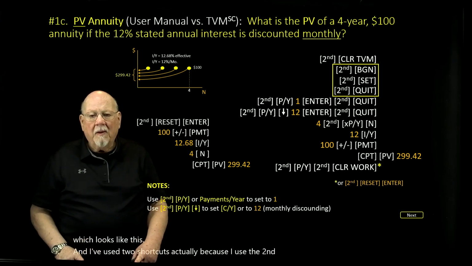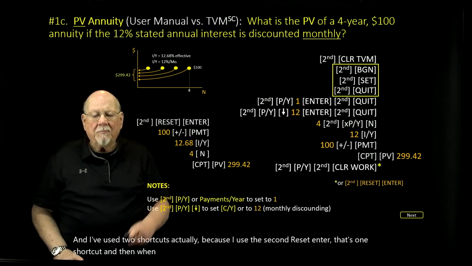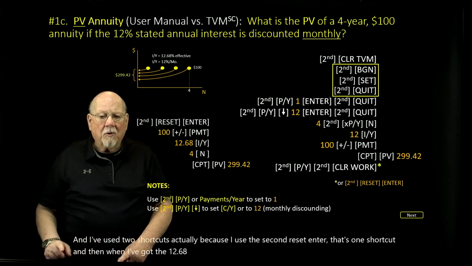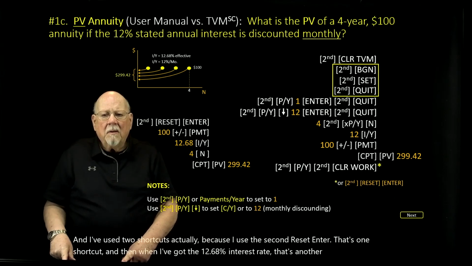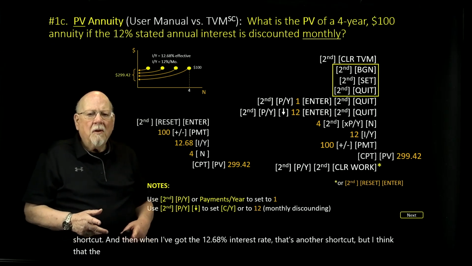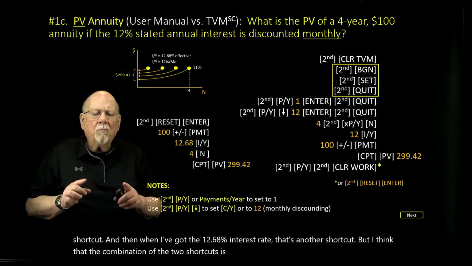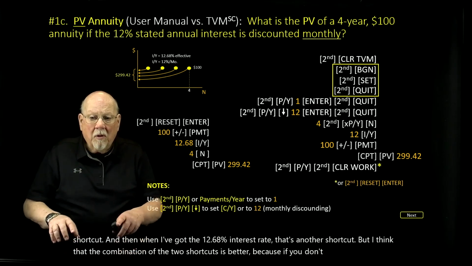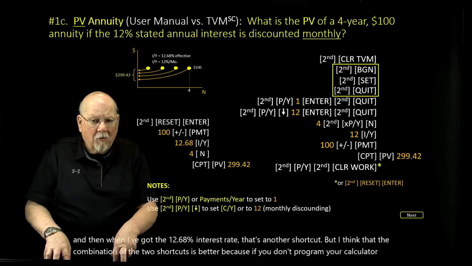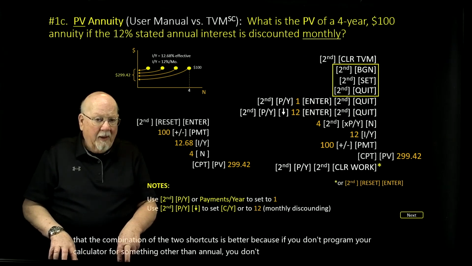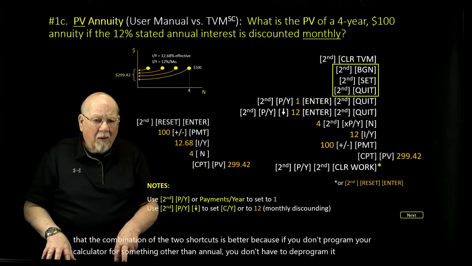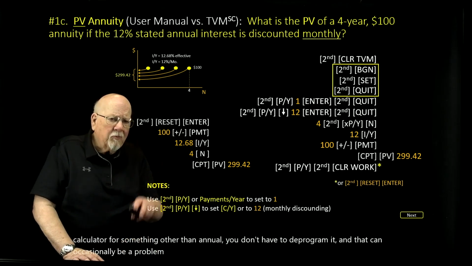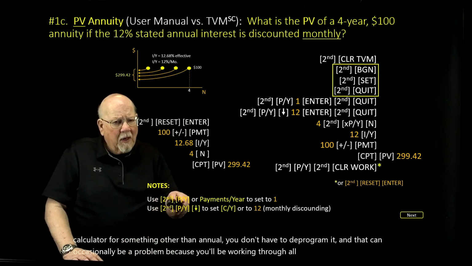That's one shortcut. And then when I've got the 12.68% interest rate, that's another shortcut. But I think that the combination of the 2 shortcuts is better, because if you don't program your calculator for something other than annual, you don't have to deprogram it. And that can occasionally be a problem, because you'll be working through all this and you get down to $299.42